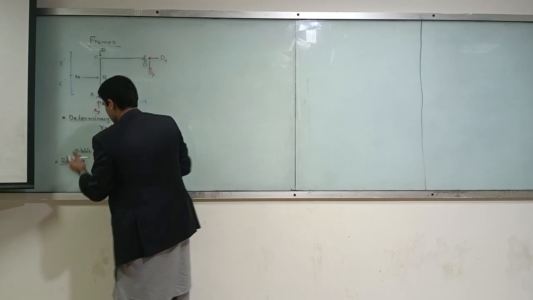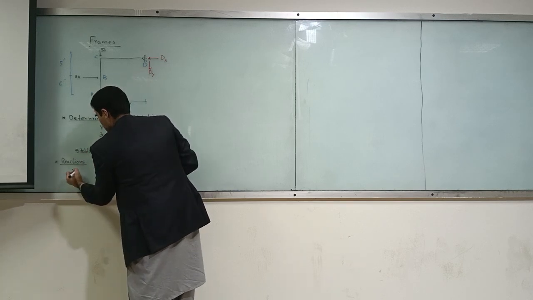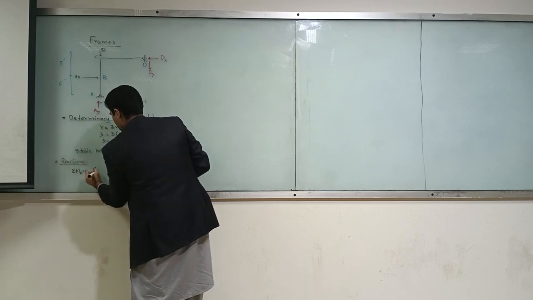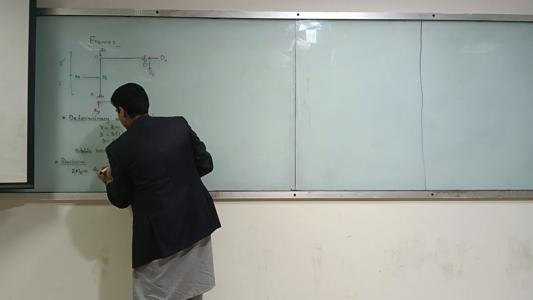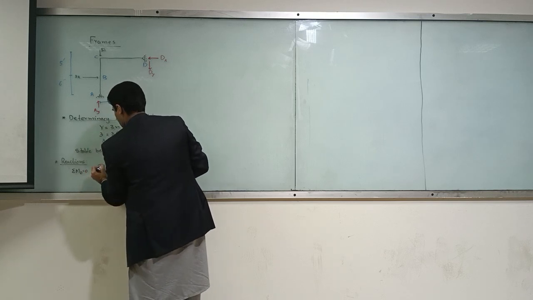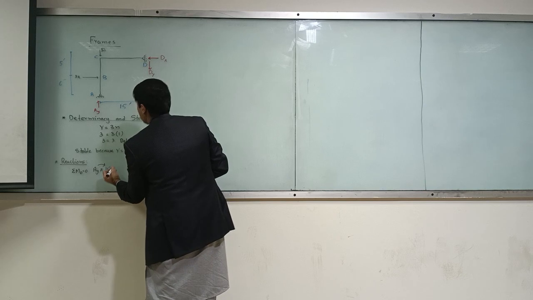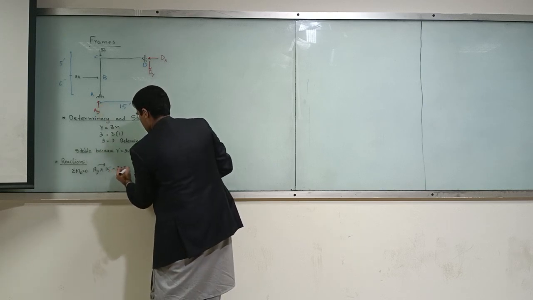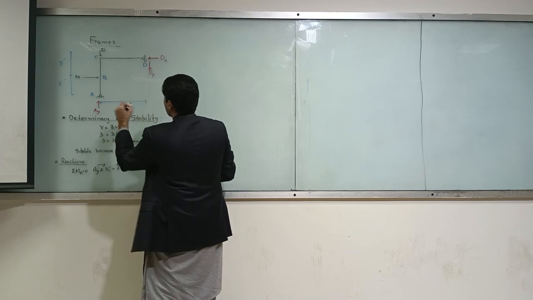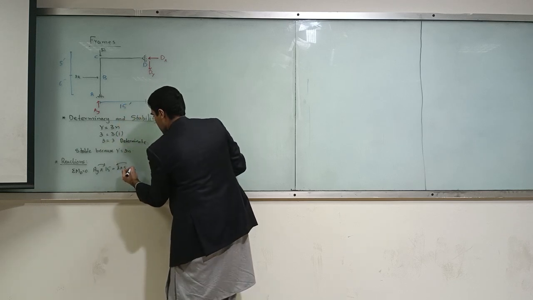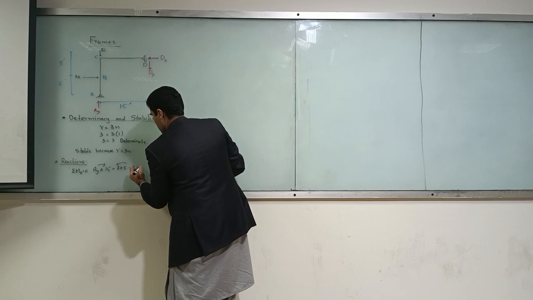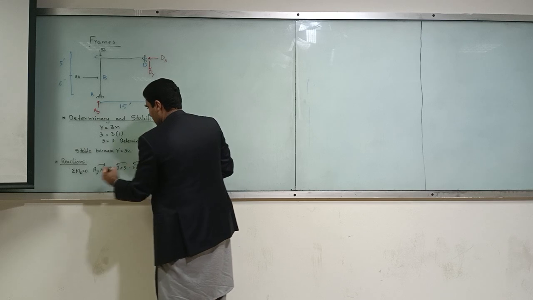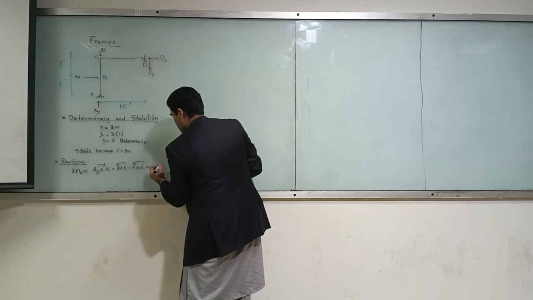So moment at B must be equal to 0, and that is AY times 15 minus 3 times 5 minus 5 times 15 must be equal to 0, and AY comes out to be